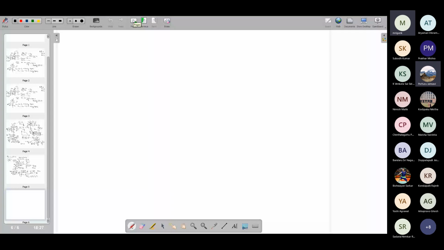So the common drain stage, also called source follower,